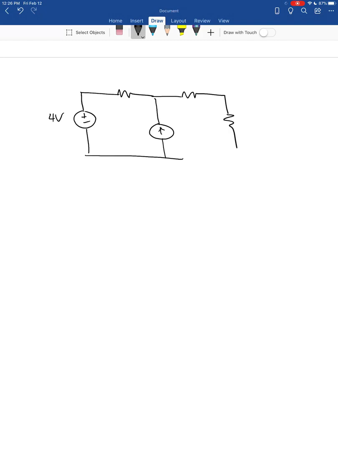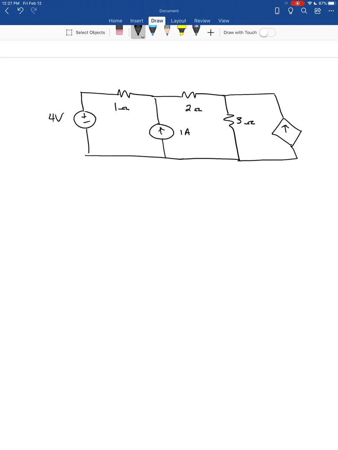Okay, we want to continue with our examples on the node voltage method. And what I want to do now is let's look at an example when we add a dependent source. So we put a dependent current source here. So the only difference between this and the last example is that there's a dependent source here, and of course